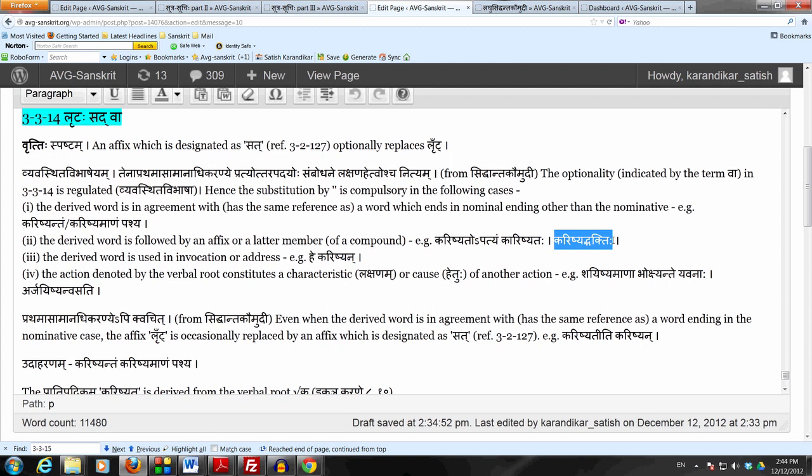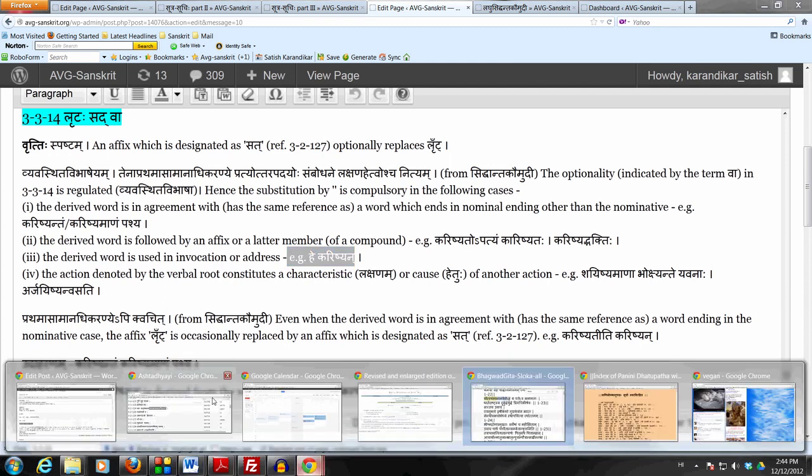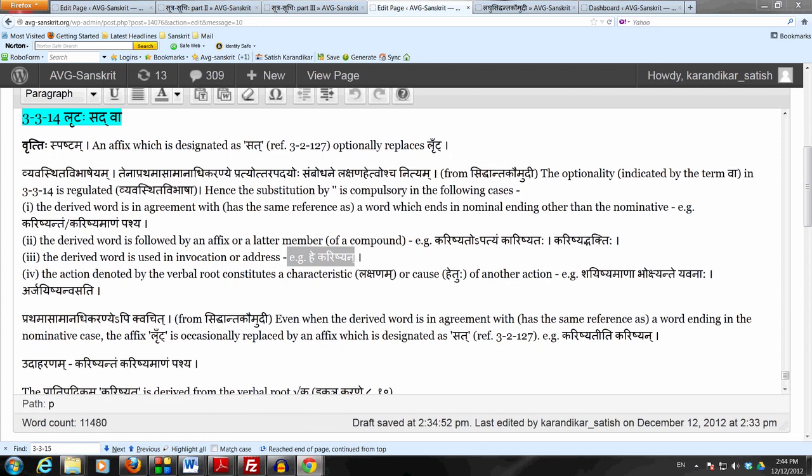We had to bring in the shatru or shanach adesha by this sutram 3-3-14. The third category is that when the derived word is used as an address in the vocative, as in he karishyan, O one who is about to do. Now, this is again similar to what we already saw when we were talking about the shatru shanach adesha in place of lat. That was the sutram 3-2-125,